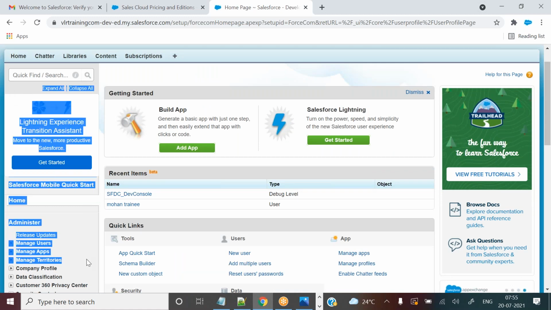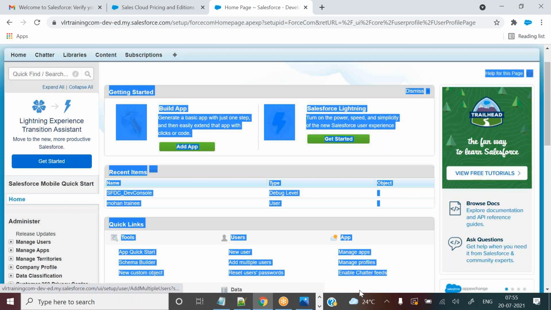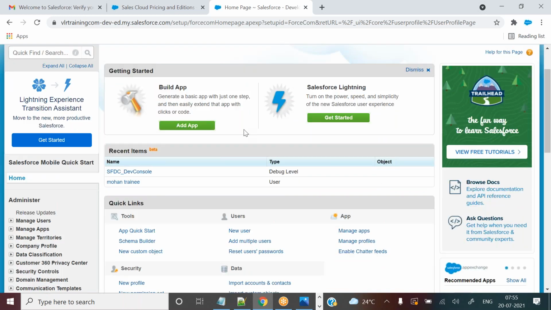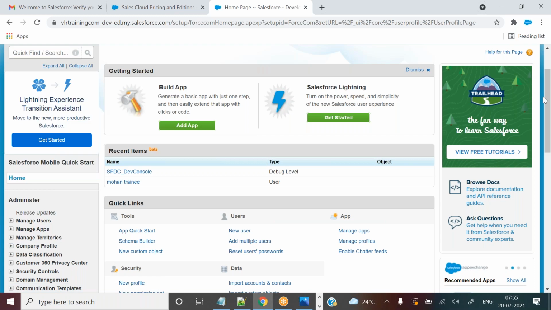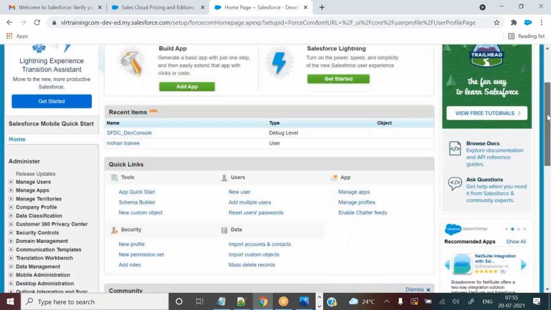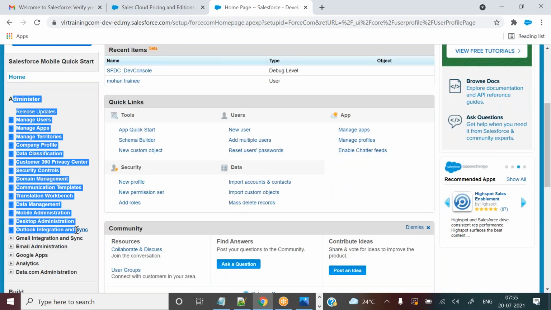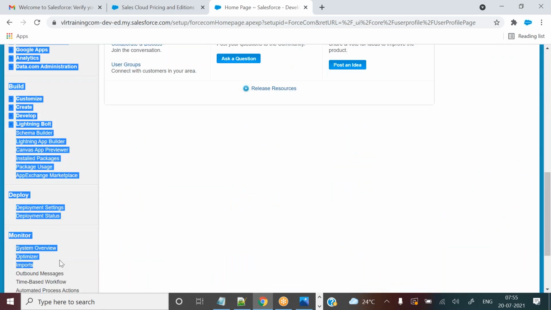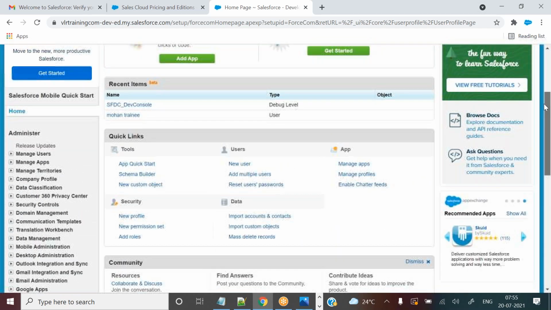The right side box, forget about it for the time being, nothing is there. But in the left side box you can see all the features. That's it. Next. By using these features only, we are going to work in real time. By using all these left side features, we are going to work in real time. Okay, remember that one.